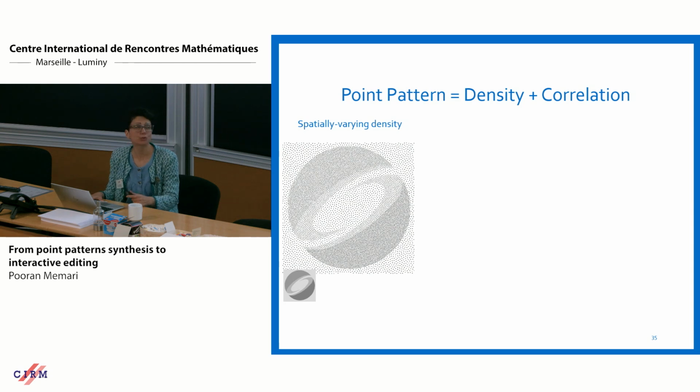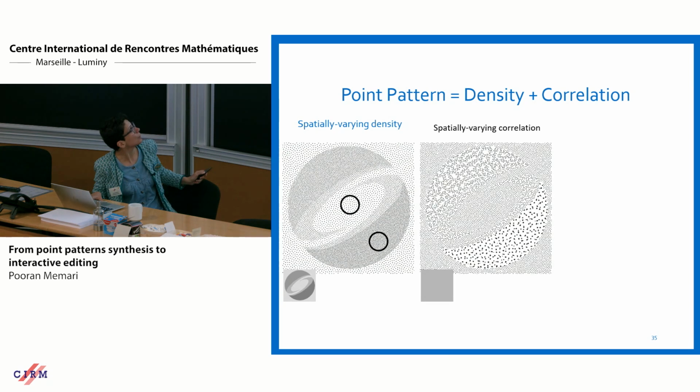So if I wanted to show just the density map of this, that would correspond to this one. And you see that these are indeed almost the same correlation, for example, the PCF of these two would match, although the densities are different. Now in this one, the density is completely constant, but you can see that the correlations are different, and of course the appearance of the two is really, really different.